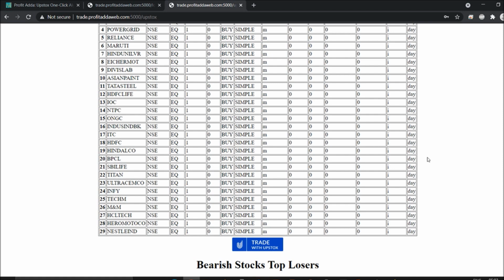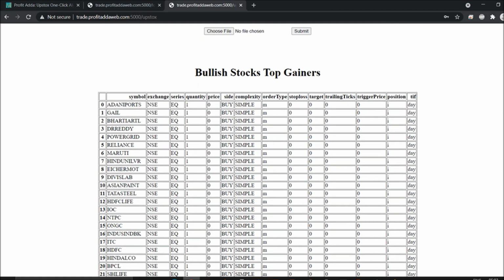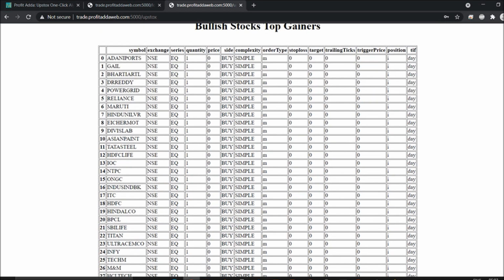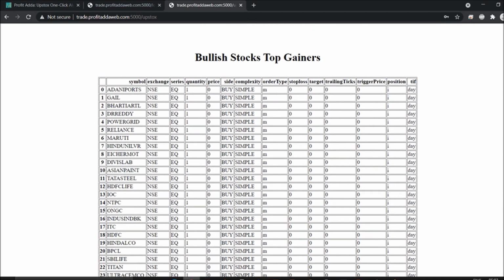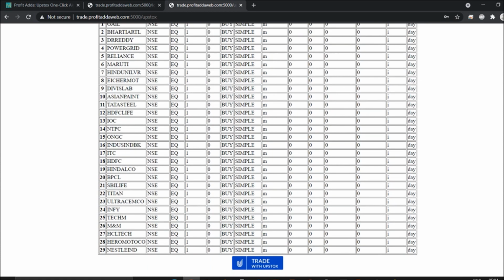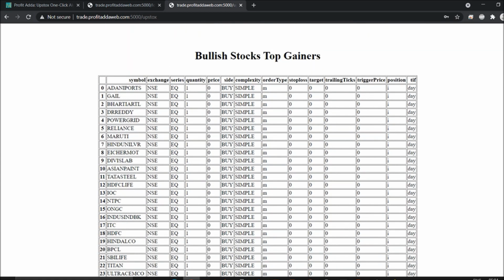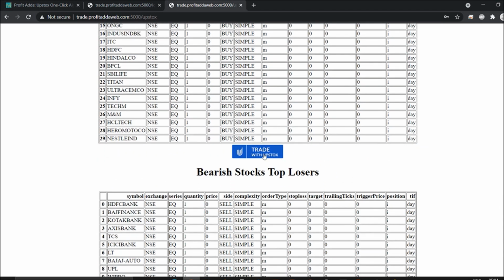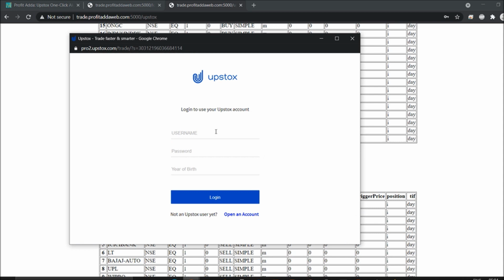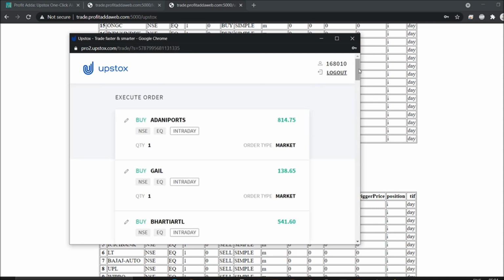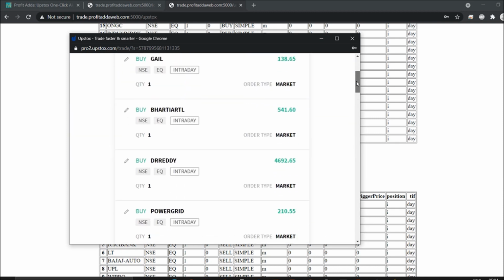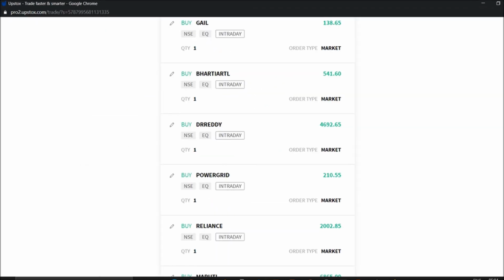Okay, after login you will get this page. Exactly, there the gainers and losers have already been given. I have incorporated each and everything in a single page. After login you will get this Upstocks trading platform. This will be a semi-automated process, and you will get pre-filled things. If you go for the trading, and you have already logged in to your Upstocks account, each and everything will immediately get opened, pre-filled, and as per your choice these buttons will be there, so you can utilize this platform.